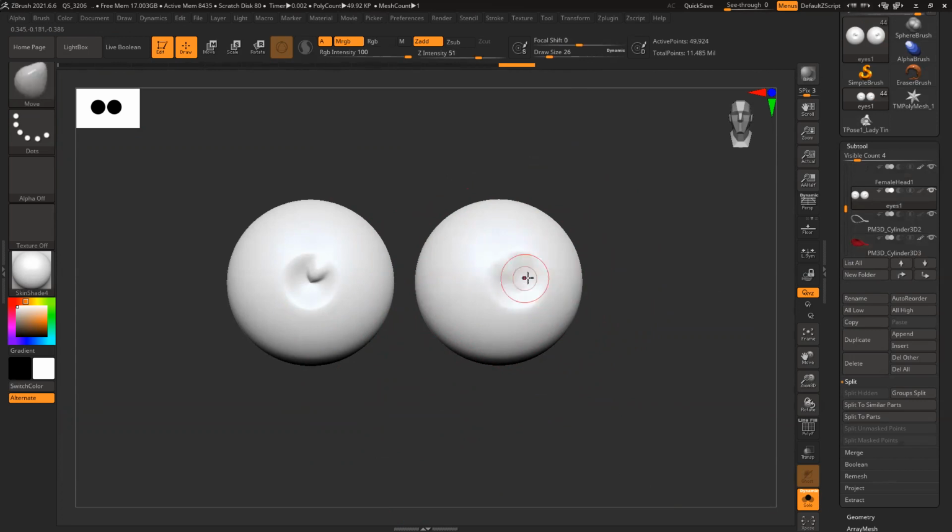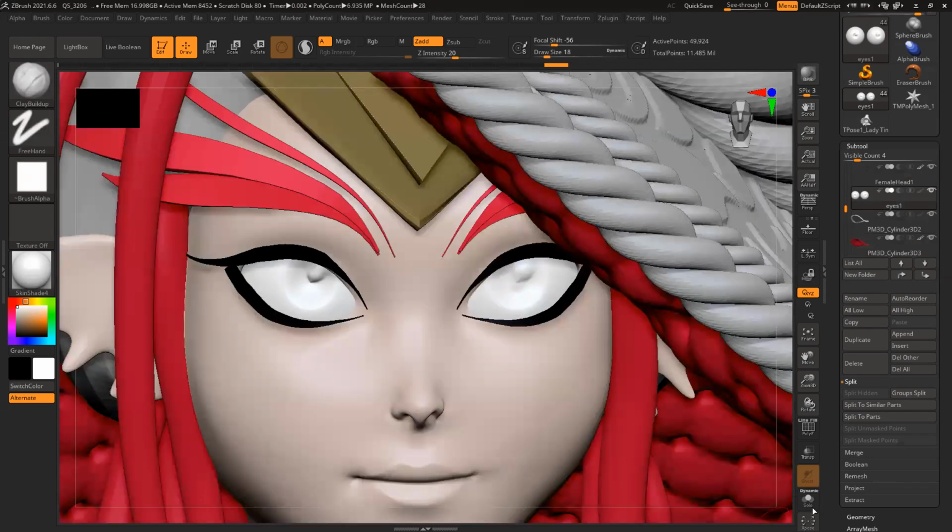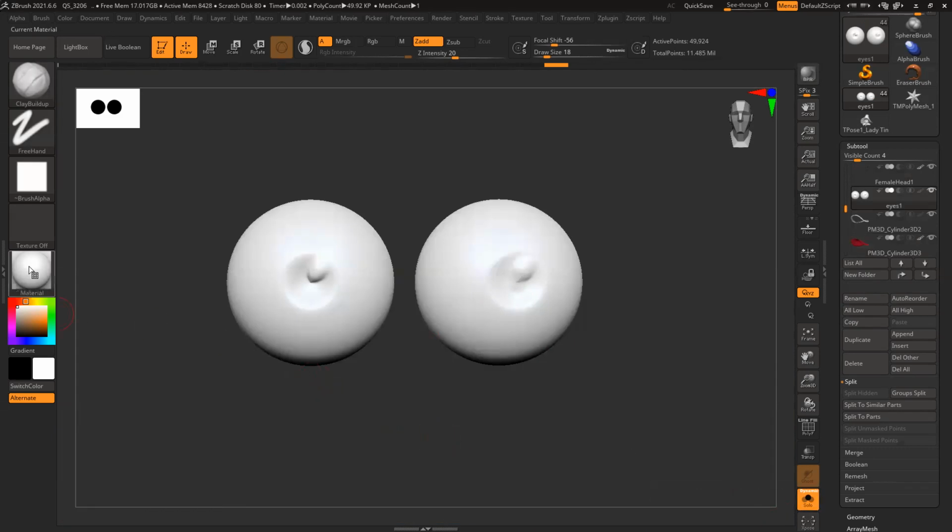Let's make it slightly flat, and create this pinch here instead of this side, so both look similar, on the same side. Now eyes are usually a little white, so I like to keep them slightly off-white, yellowish in tint.